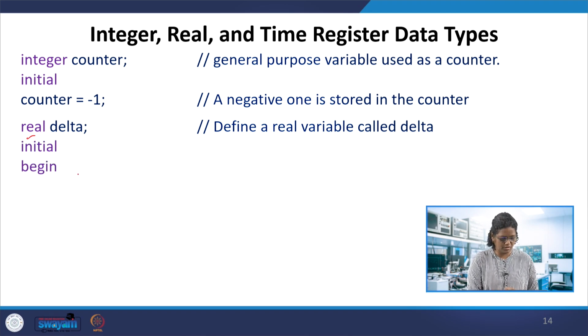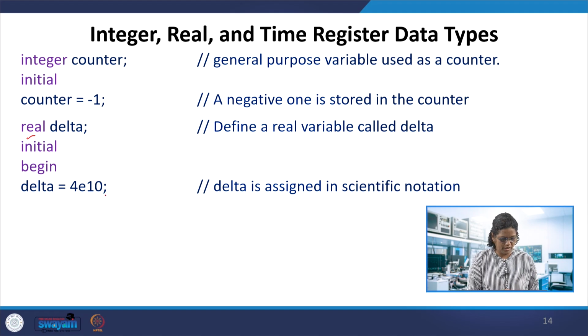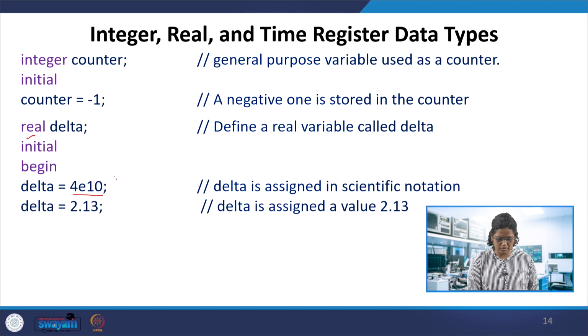Initial, again begin. The delta is now defined as 4e10, in the sense that it can take 4 times 10 to the power 10. That is the exponent notation, 4e10, given in scientific notation. Then delta is changed to 2.13, so the previous value 4e10 is replaced with 2.13.